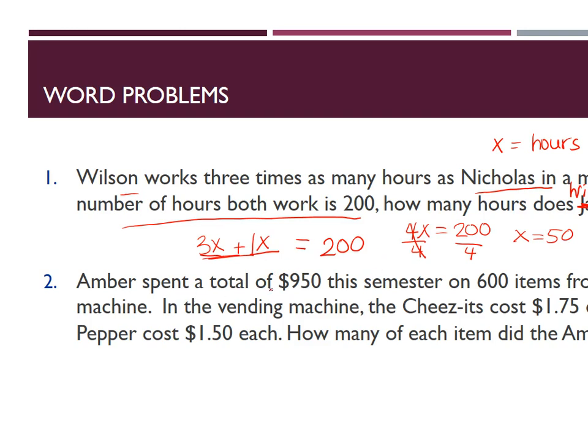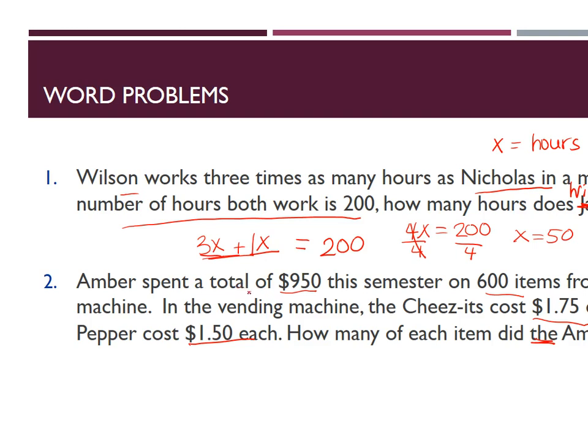Okay, next one. Amber spent a total of $950 this semester on 600 items from the vending machine. In the vending machine, Cheez-Its cost $1.75 each. Ridiculous if you ask me. And Dr. Pepper cost $1.50 each. How many of each item did the Amber buy? Not just Amber, the Amber. All right, so